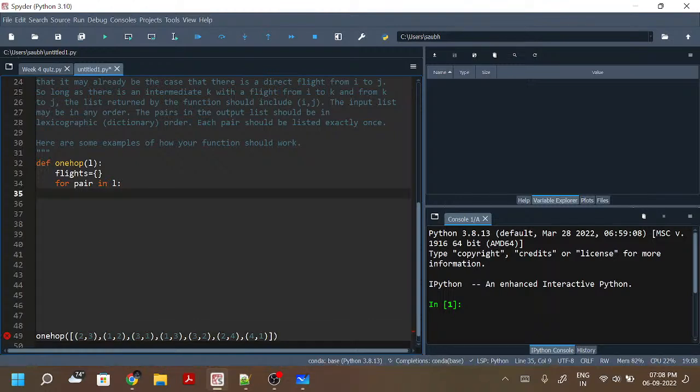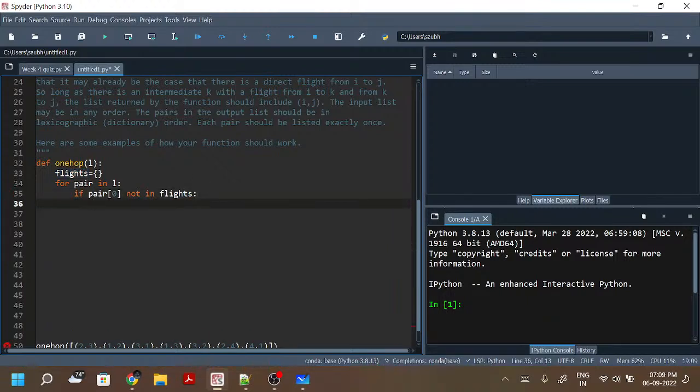So we'll say, for a pair in L, if the pair's first item, that is my source, is not in flights, then make a key of the pair's 0th element, the first element,